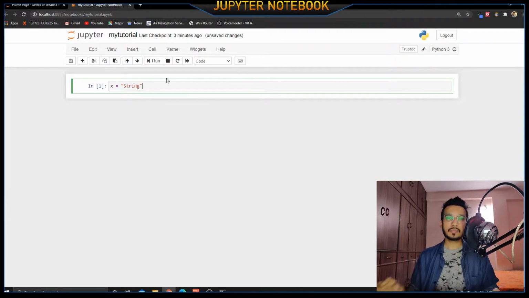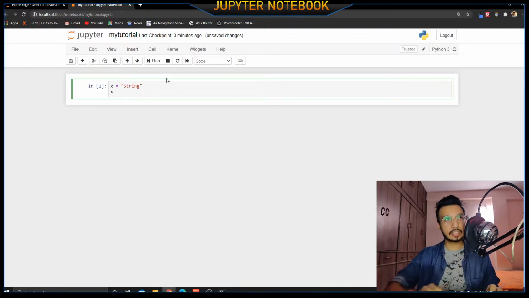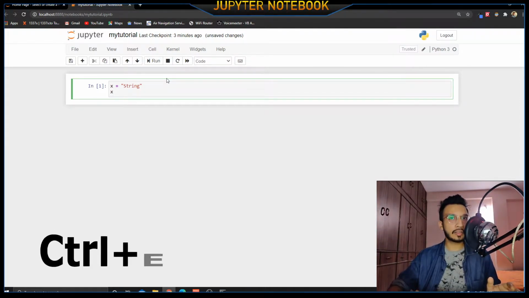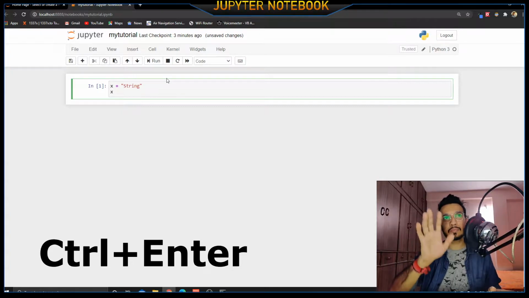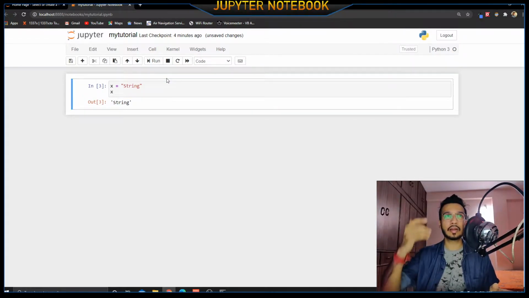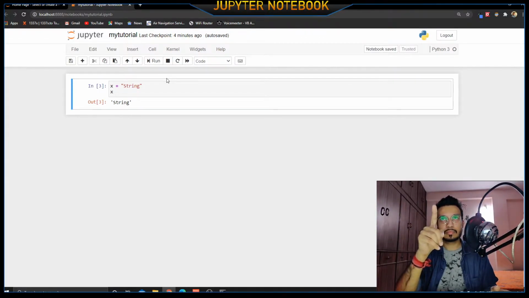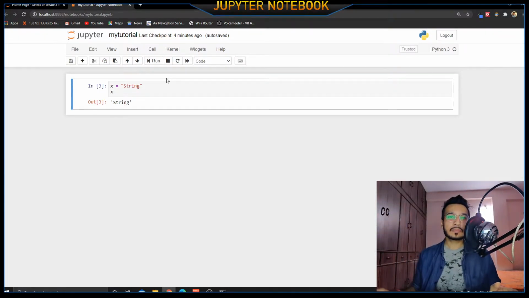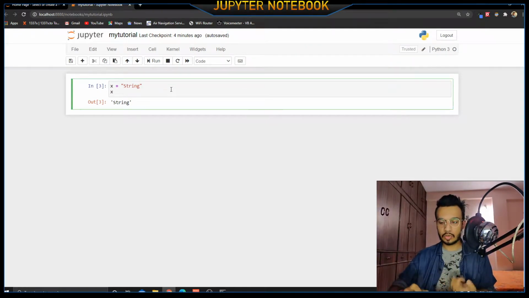So now let me just type the output here itself so you guys know what output. Now practically if I press Control and enter, this will run the specific cell only. It will not create a new cell. So this is Control and enter, and you can see it basically gives you an output of the present cell and not the cell below. So this is the second command. First, if you want to execute this and create a new cell, you have to use shift and enter. And if you want to just execute this specific cell, you have to use control and enter.